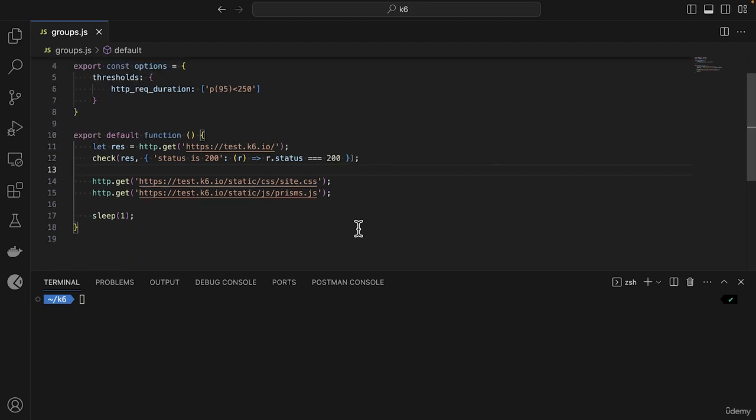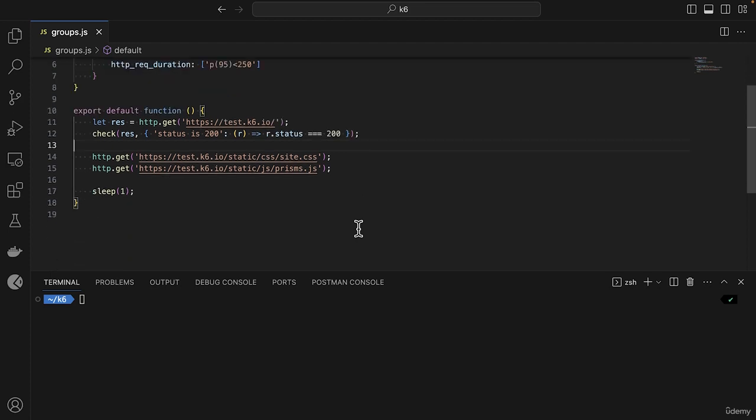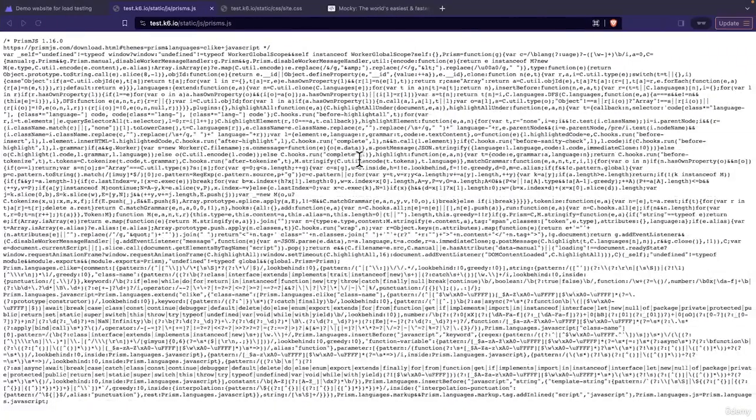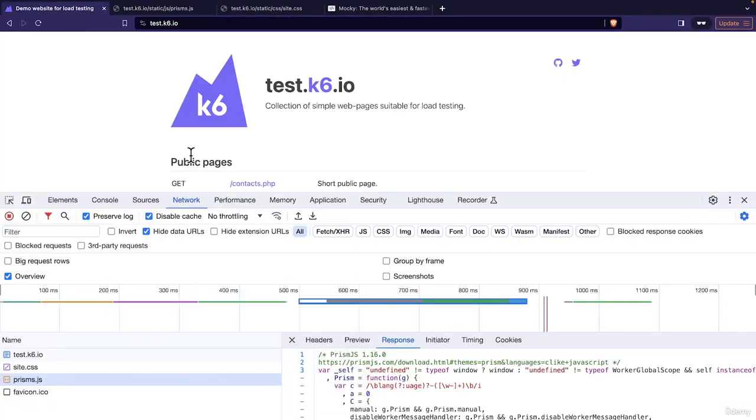In this case, we only have these two assets, but there can be pages that have many, many other assets. And this would be only one page. So if we need to go over multiple pages, things can get a bit messy. So for example, going back to the application, let's say now we also want to get something from the contacts